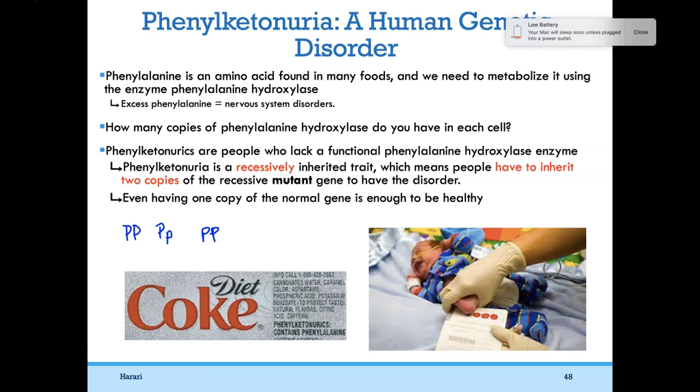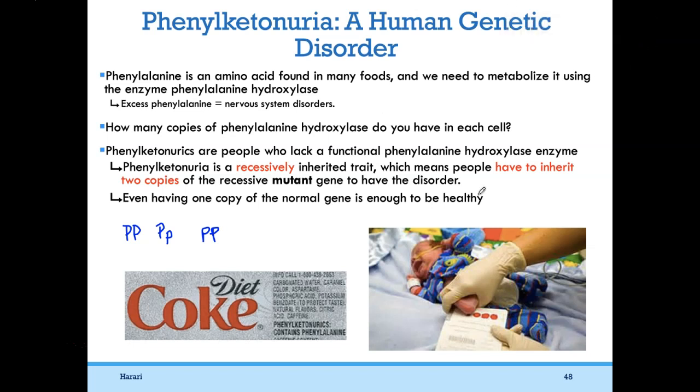So babies are genotyped very early on. Actually, right when they're born, there's a heel prick. They prick the heel of the baby, and they can do some blood testing to make sure that this baby has at least 1 copy of phenylalanine hydroxylase, and that the baby would not be a phenylketonuric, right? If the baby is a phenylketonuric, then it's possible to live a healthy life. You would just have to minimize consumption of phenylalanine and not have foods with a lot of phenylalanine. And a lot of people can live with this